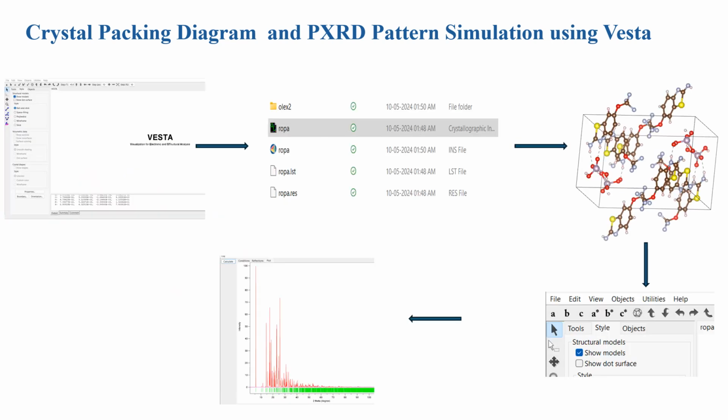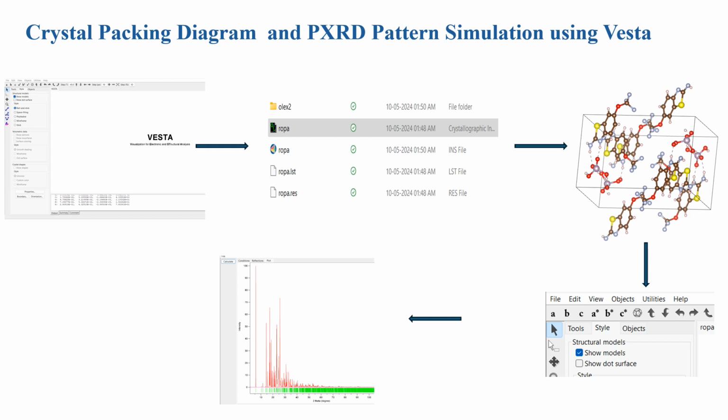So in VESTA, these are the steps that we follow. This is how VESTA looks when it starts. To start with the analysis, we go to this file menu and we load a crystal .cif file from there. And once we load that .cif file, it gives us a crystal packing diagram which looks somewhat like this. So now we can perform many operations here, but since